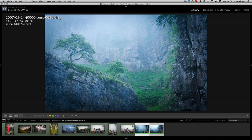So I'm hoping the tips I've given you today will give you a bit of food for thought, give you a few ideas of what to do with those kind of dull overcast images,